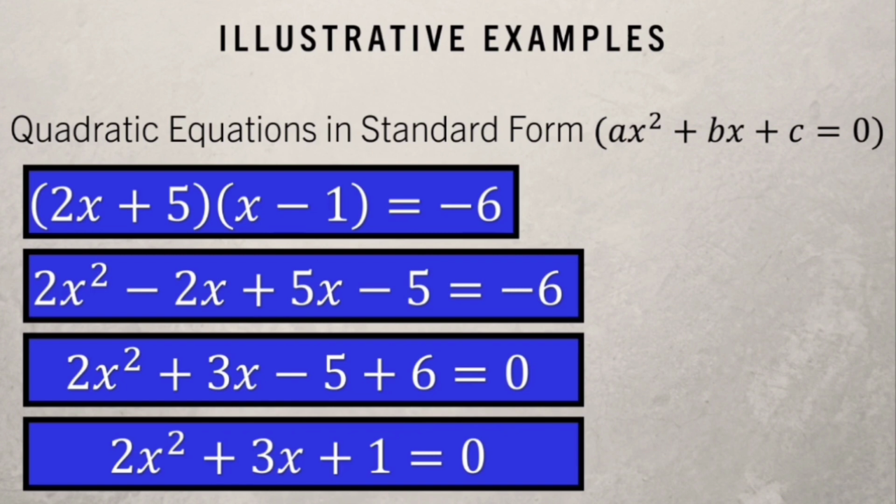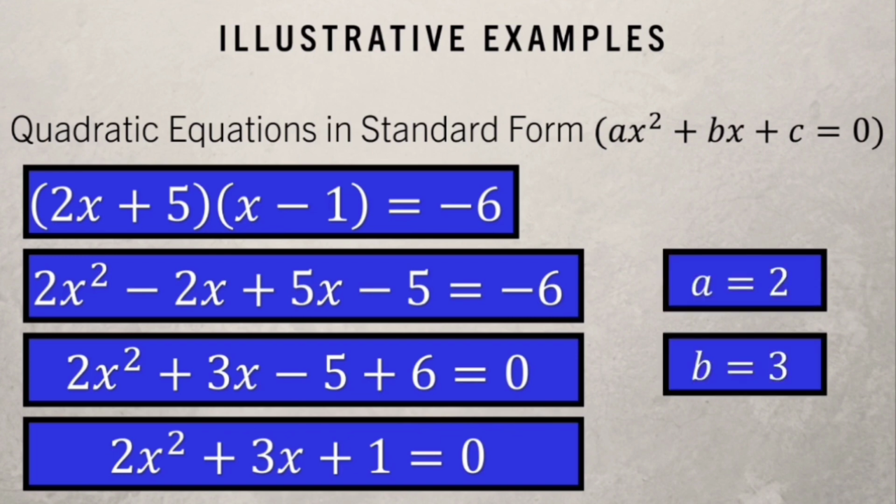And then, we may now find the value of a, b, and c. So the value of a in the quadratic equation is 2, while the value of b is 3, and the value of c is 1. And those are the examples in quadratic equation and how to transform